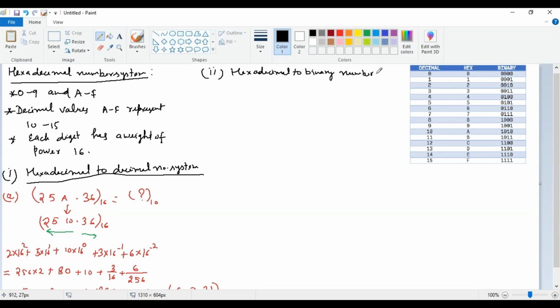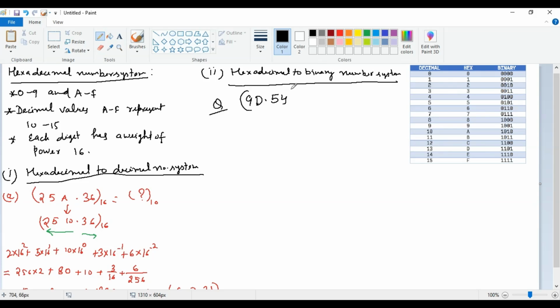So this is the table which is shown in the figure. On the left side decimal numbers are given, in the middle hex numbers are given corresponding to the decimal, and on the right side the binary equivalent of the corresponding hex number is given. Suppose the question is you have to convert